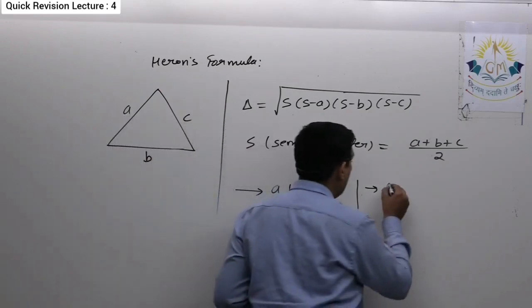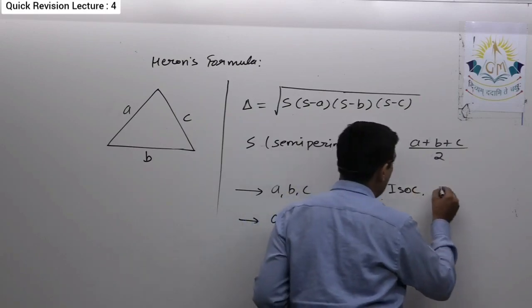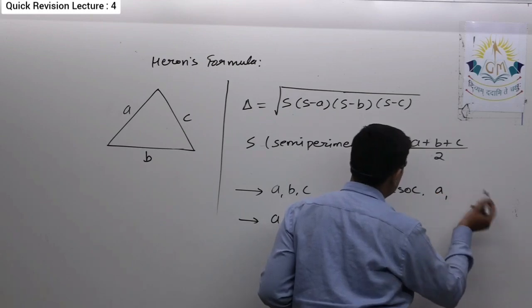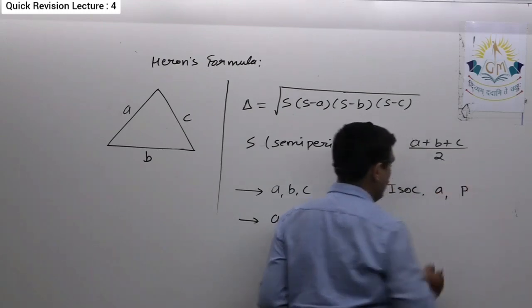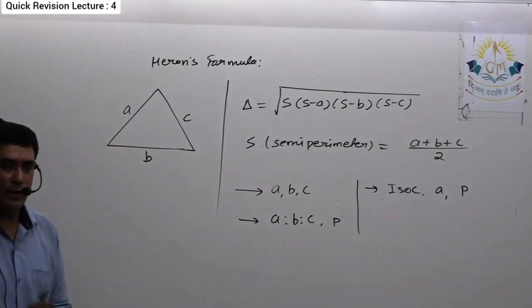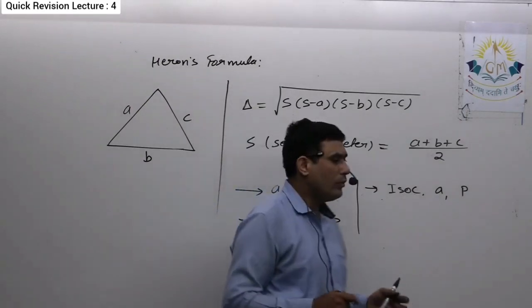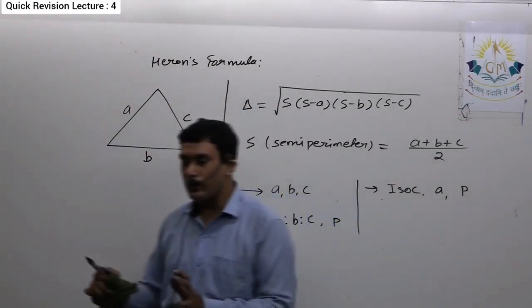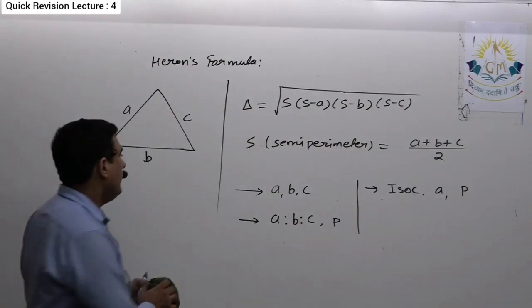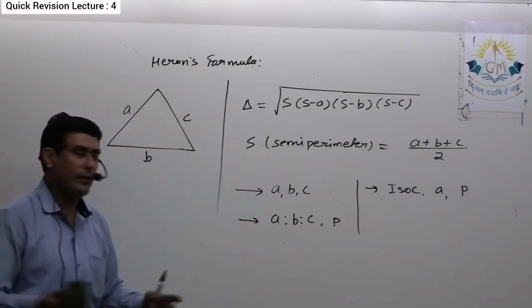That means you have the information that it is an isosceles triangle, any one side is given and the perimeter is given. Basically these three types of questions are there in this particular chapter. There is one more question in which they ask to find the area of a trapezium, and over there we need this concept. So first we'll see one example of these three and then we come to that question.